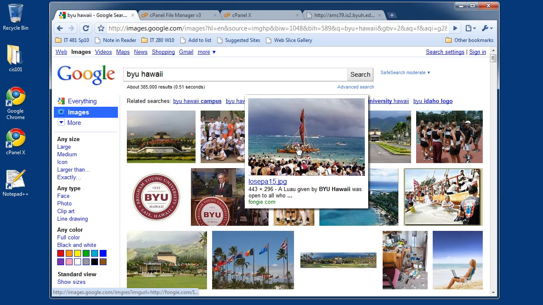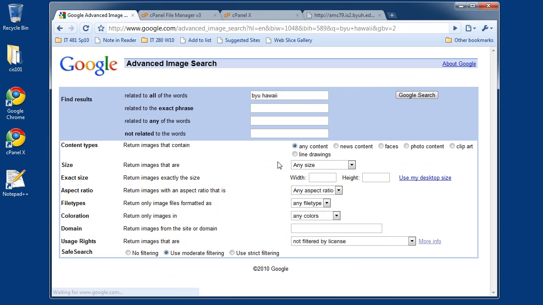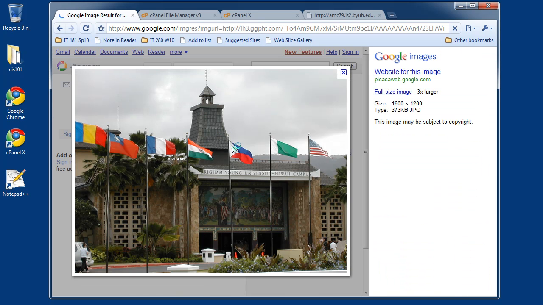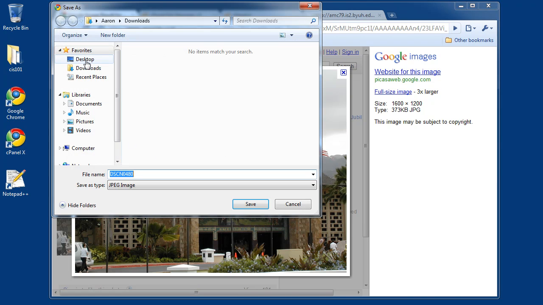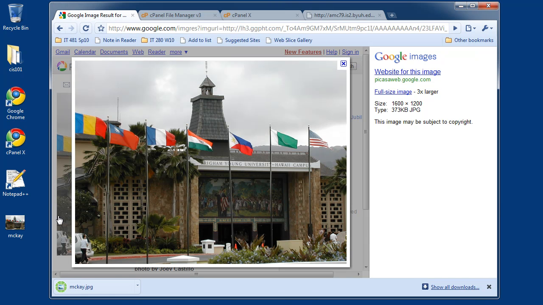We'll grab this one. We can do this one of the Yosepa, but let's also make sure we're grabbing pictures that people have labeled for reuse. Okay. Alright, and this one looks good. So I'm going to save this image as, and I'm going to save it to my desktop for now. I'm going to call it mckay.jpg. Okay, now it's here,